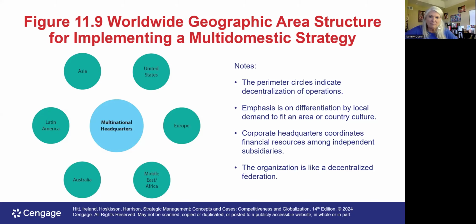Characteristics of the worldwide geographic area structure illustrate the decentralized nature of the structure, as you see here. Using this strategy requires little coordination between different countries, different markets in those countries, meaning that very formal integrating mechanisms among divisions around the world are not needed. So the coordination among units in a firm's worldwide geographic area structure that does take place is informal in nature. The key challenge associated with effectively using a multi-domestic strategy worldwide geographic area structure is the inability to create global efficiencies.